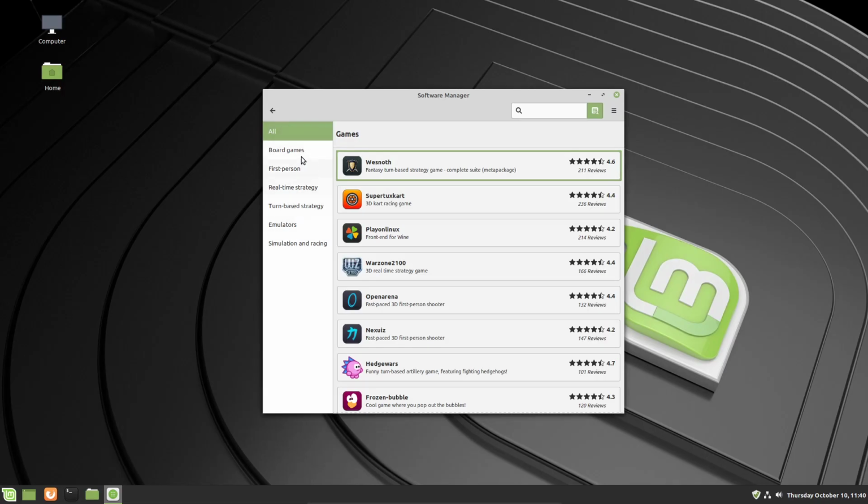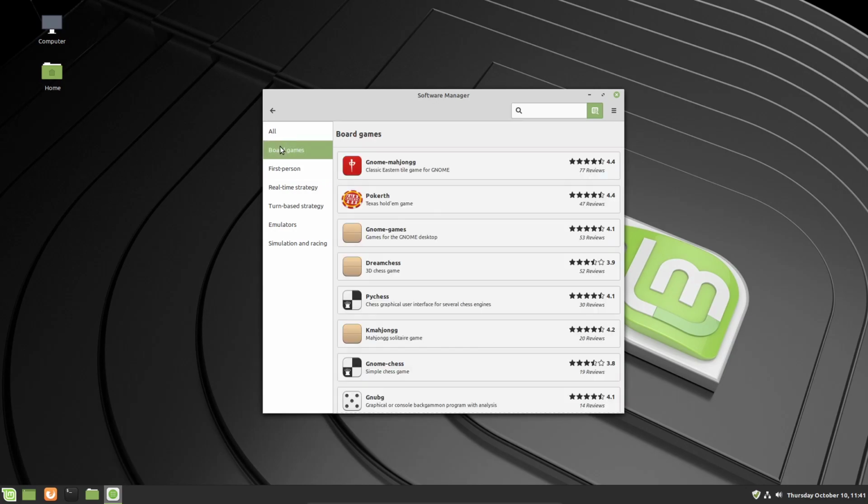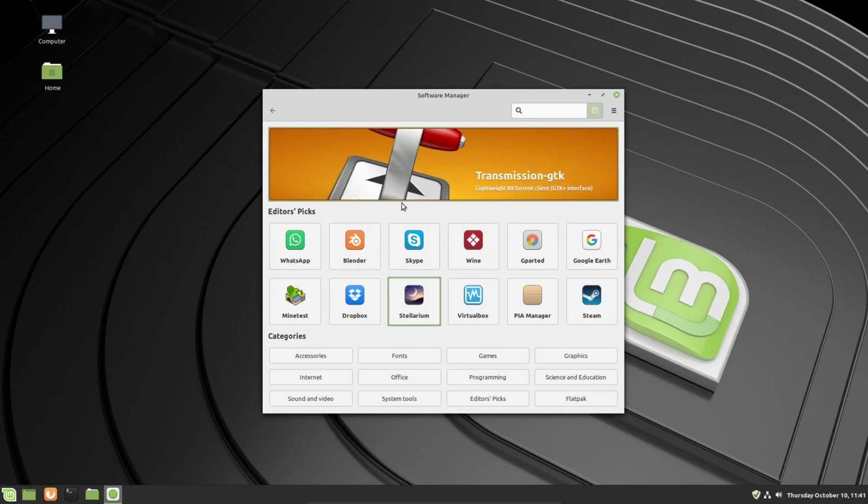It's all just games. And then there are categories shown on the left here that really allow you to hone in on the specific type of game you'd like to play or download. I would heavily recommend you check out a lot of these games. There's some really fun, really good open source games that have been created. But then if you wanted to go to something like, say, sound and video, which is something I primarily